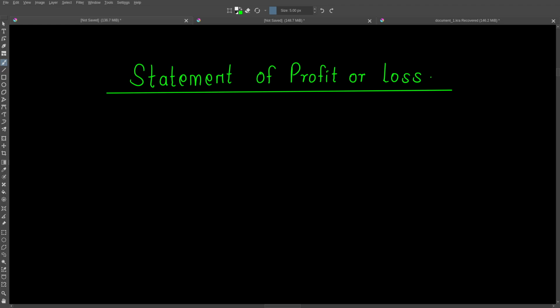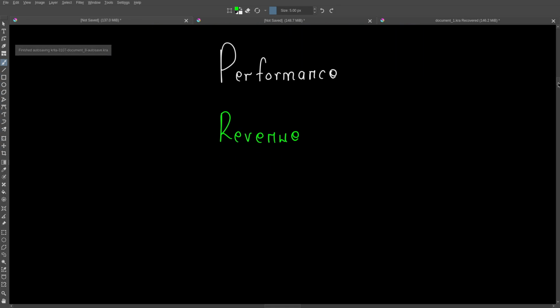Hello, let us look at the statement of profit or loss. This statement basically shows the performance of a business. And how does it show this performance? It represents the revenue that a business has generated during a certain period. So we are saying that during the period, for example, January 2025 to December 2025, we have generated this revenue, okay? And then it also shows the expenses that that business has incurred to be able to generate